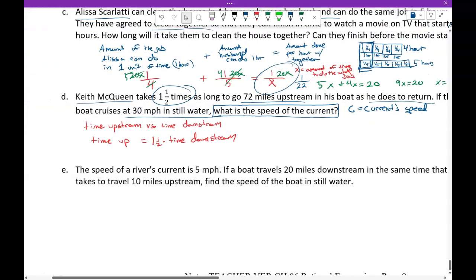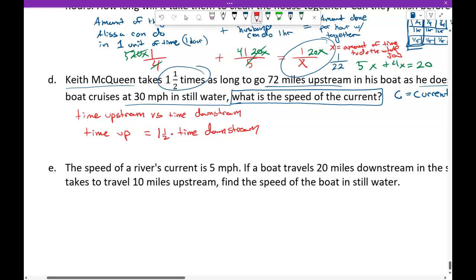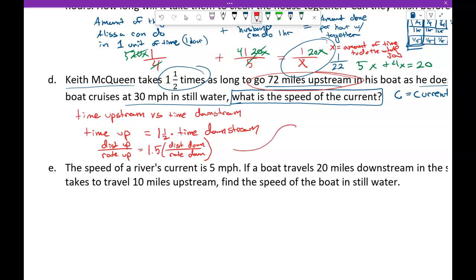and rate. So if we replace time upstream with distance upstream over rate upstream, and we set it equal to 1.5 times distance downstream divided by rate downstream, now we have some more information that we can substitute into our equation and solve. So Keith McQueen takes 1.5 times as long to go 72 miles upstream, so the distance upstream is 72 miles,